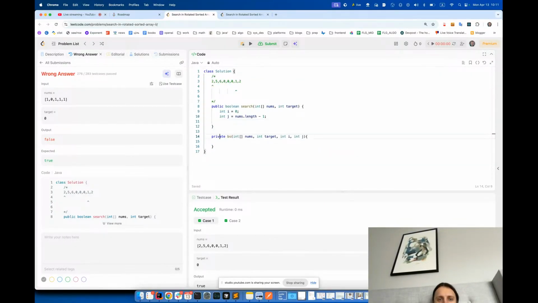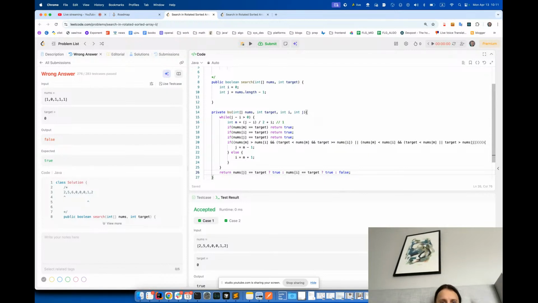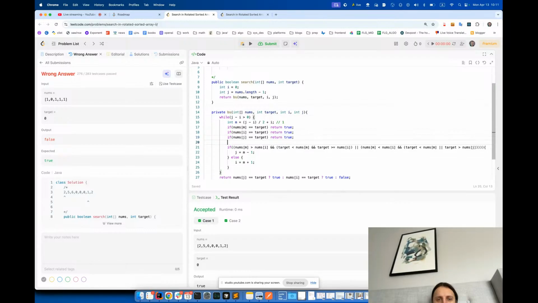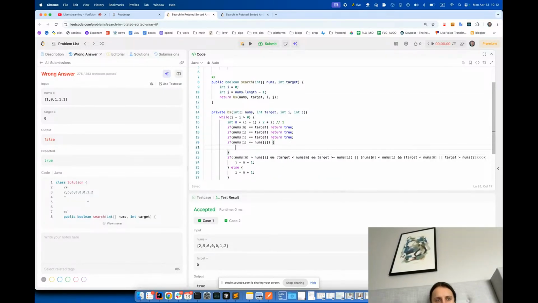First of all, we can just move this function out from here, and we can just call return bs nums, target, i and j. This is the first case. Other case, if nums i is equal to nums j, it means that we actually couldn't go anywhere here. Like we should calculate